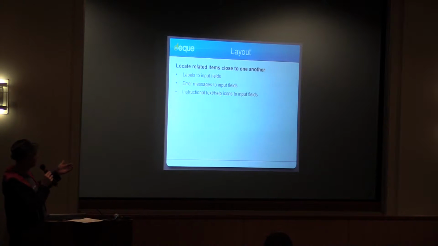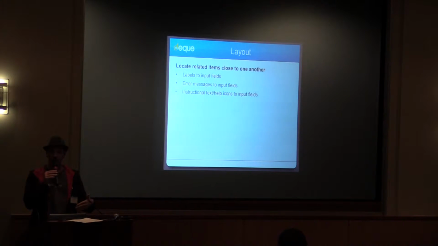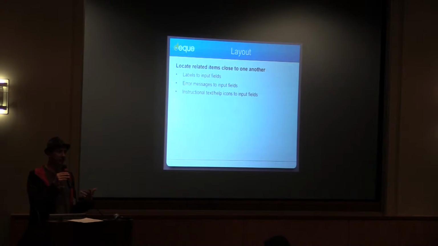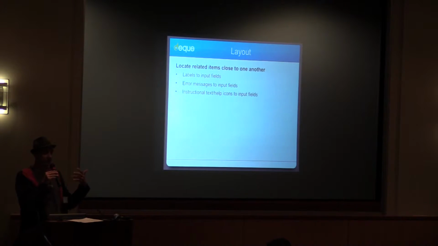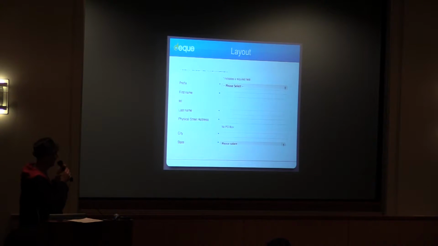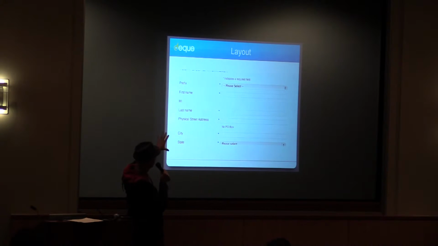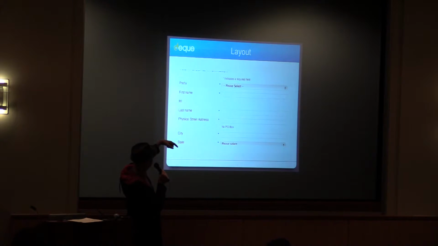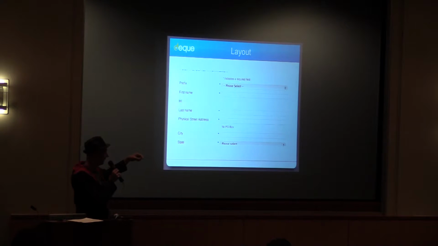So what about from a layout perspective? Some of the things that you need to take into account when you're thinking about your forms is to make sure that the labels are closely related to the input fields. And this has to do with, in particular, zoom text users, because a zoom text user, when they zoom in to the screen, can see basically about a quarter-sized piece of the screen at any given point in time. So if they have to navigate across, for example, this form over here, where the form labels are all left justified and the form fields are all right justified, and there's this star in between, which I suppose is to indicate a required field,